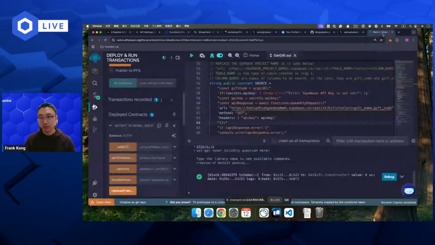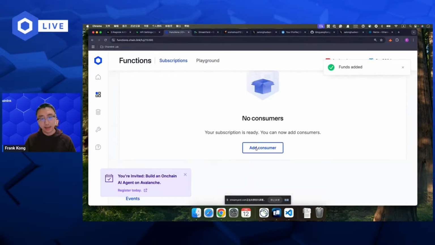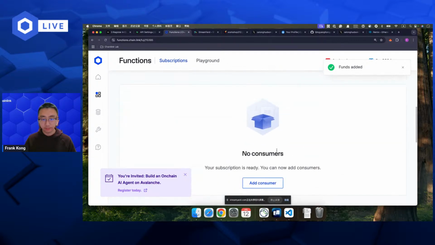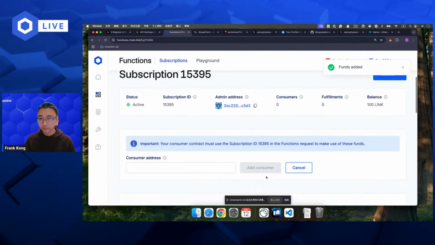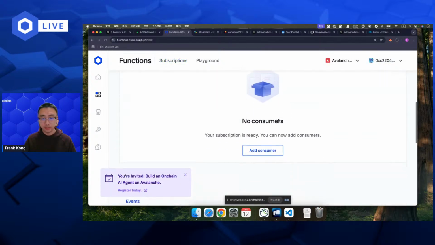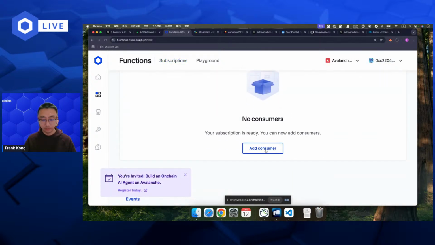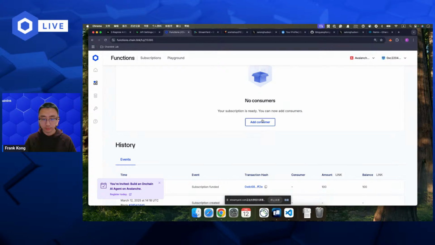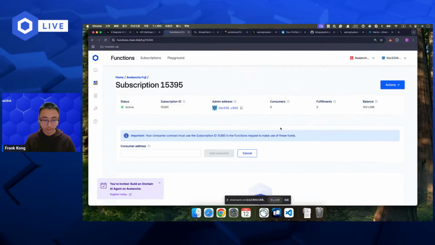So get the smart contract address from the Remix, click this button, and switch back to the Chainlink functions, add consumer, click that. Let me refresh the page and add consumer. Oops, why is it not?